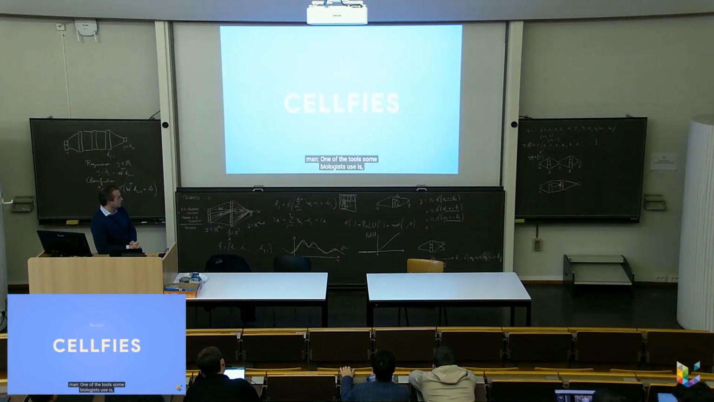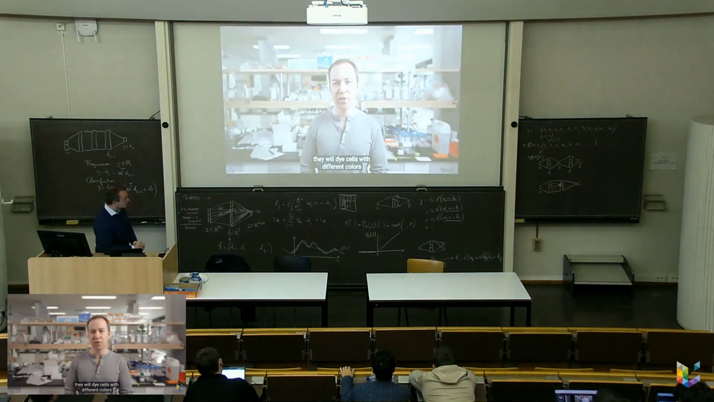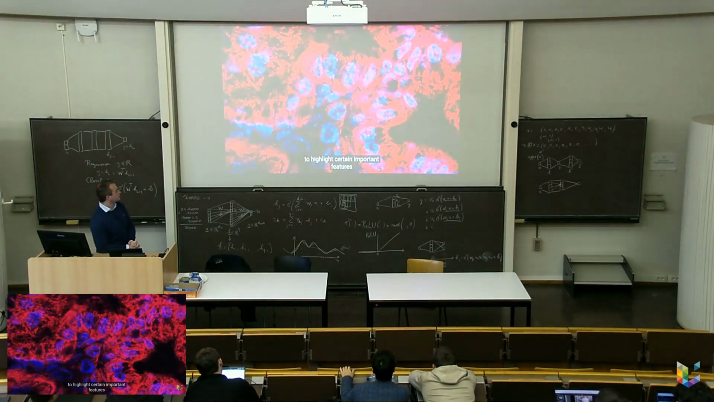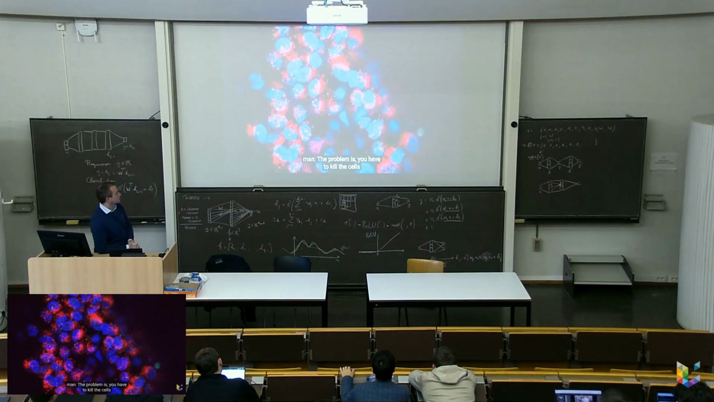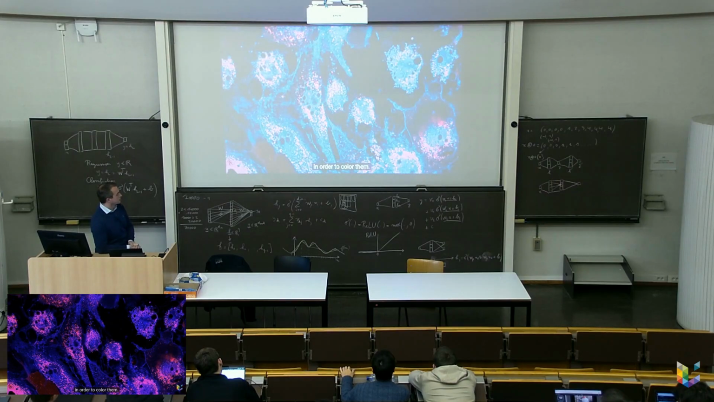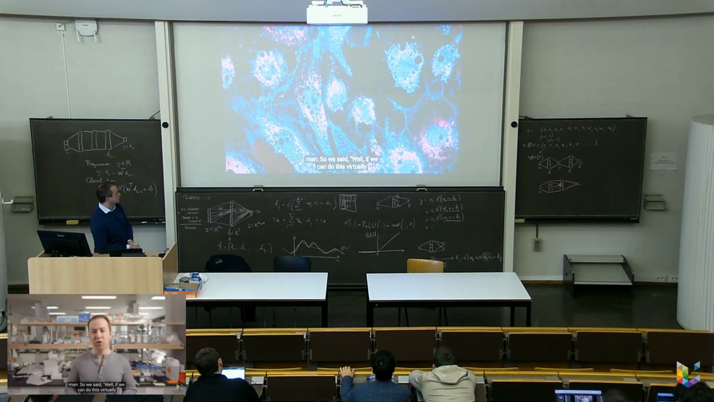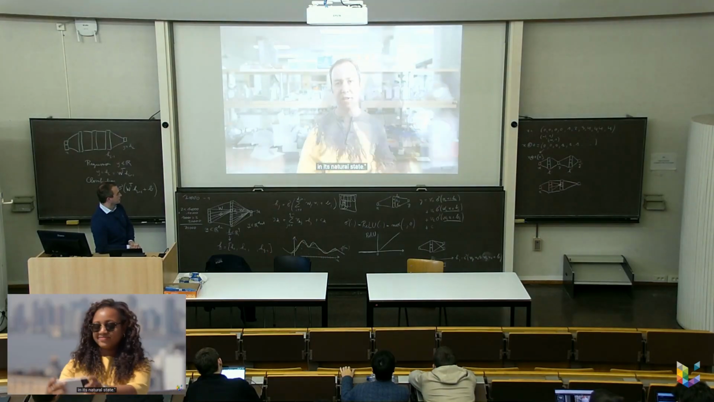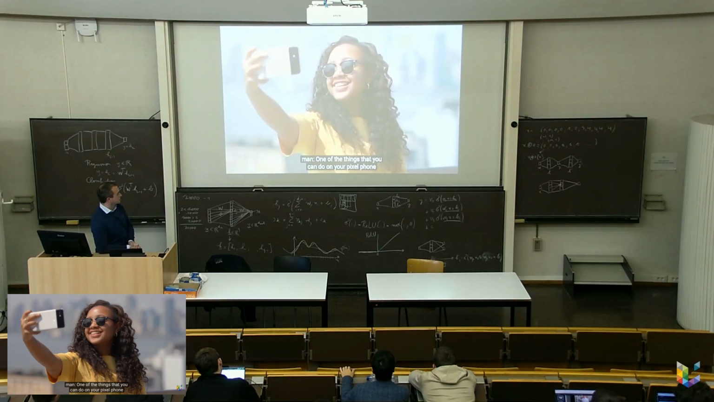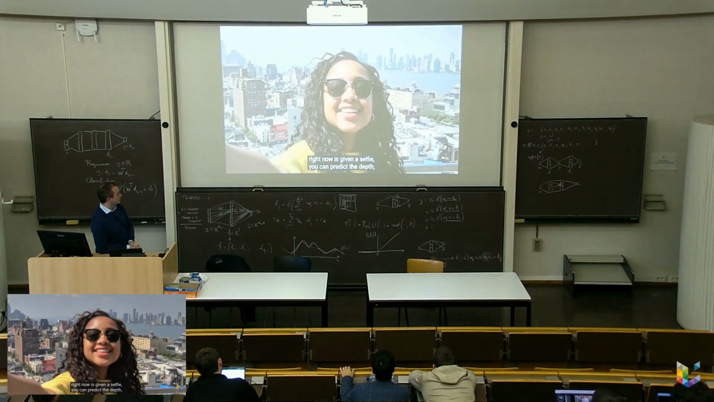One of the tools some biologists use is they will dye cells with different colors to highlight certain important features that make sense to them. The problem is we have to kill the cells in order to color them. So we said, well, if we can do this virtually in a computer, we can preserve the cell in its natural state. One of the things that you can do with a Pixel phone right now is, given a selfie,